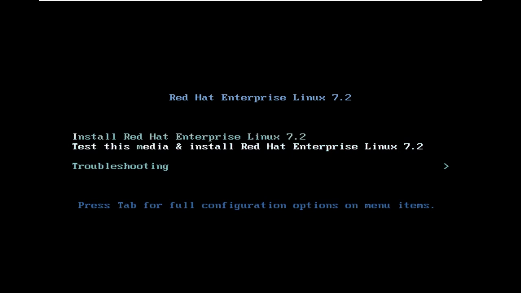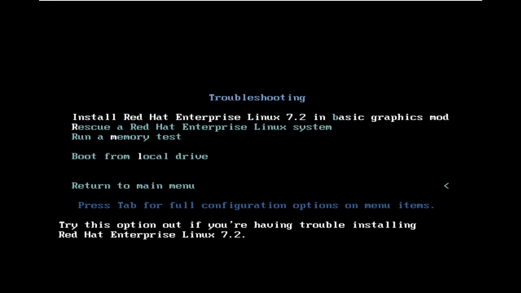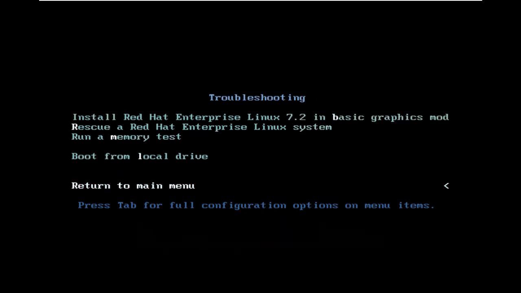The second option is also installation, but we have already installed. So we go to troubleshoot, and here we select the option boot from local drive. That is for when we have already installed and mistakenly came to this window, so we don't want to install again, and we can go for boot from local drive.